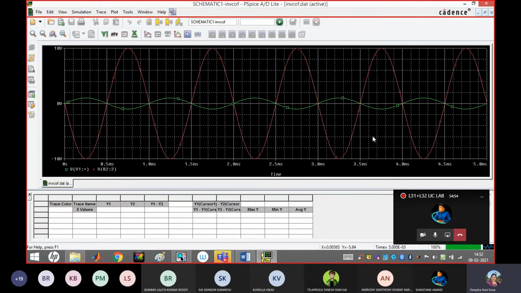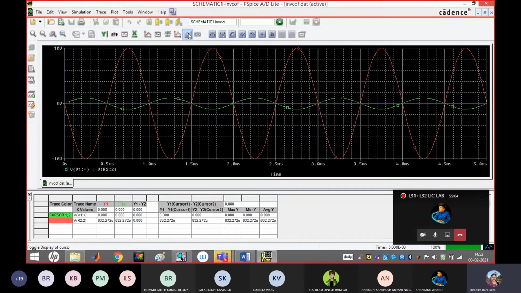So how do we check the input and output values? For the output voltage value, just have a look here. After getting this graph, you have to click this one, toggle cursor. Okay, this arrow, toggle cursor, then click cursor pick. So now V1 is coming with this small green box. This is for input. If you click this, this cursor will appear. If you click the red one, you can move this to your output.